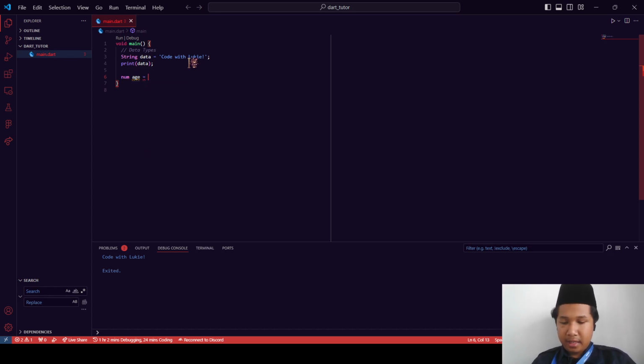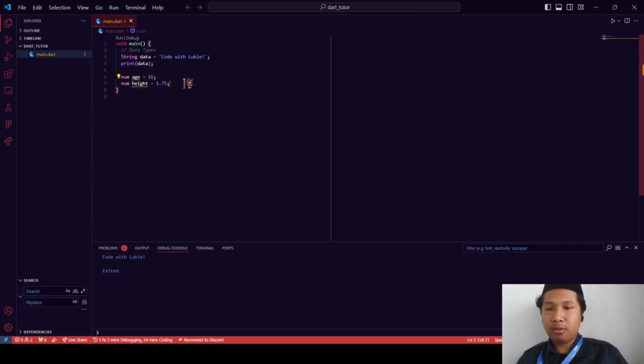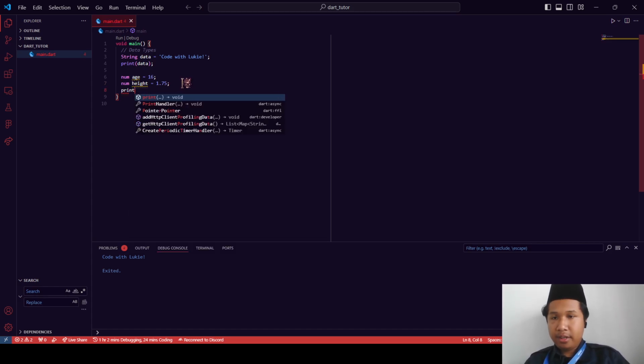Okay, age 16. We can also do height. As you can see, the first one we used is an integer, and the second one is a decimal. And if we print it out,